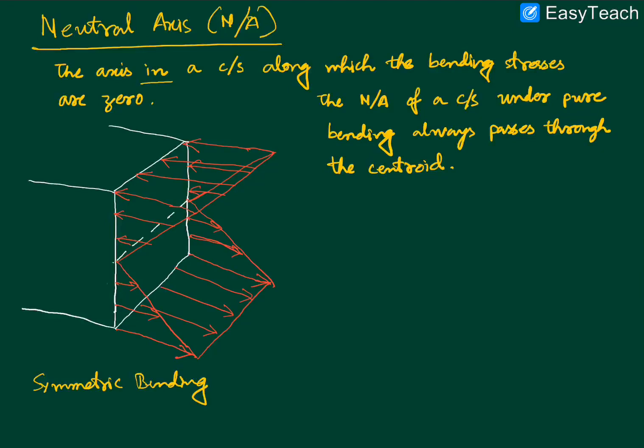So this little statement can very easily be proven starting from the consideration that what we are considering is pure bending, which is to say that there are no axial forces acting on the beam. So no axial forces. So connected to this point, under pure bending, we have zero axial forces. And that means